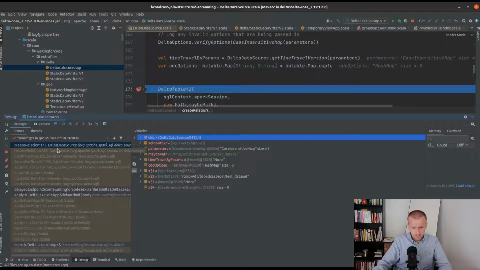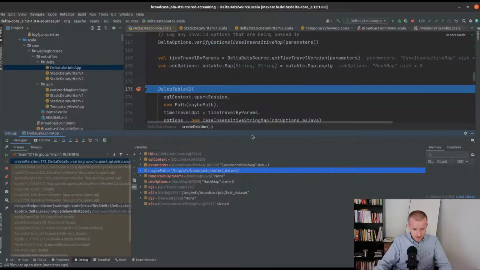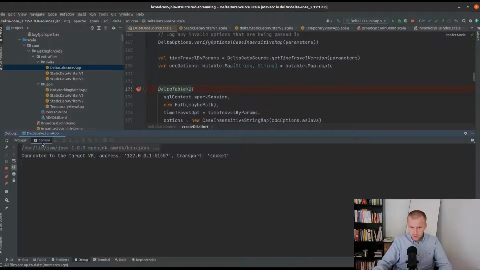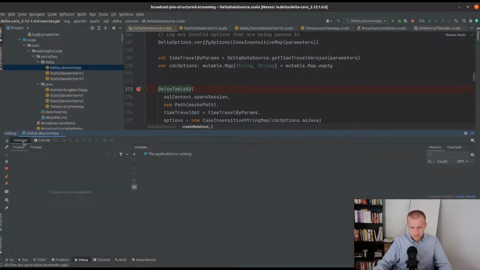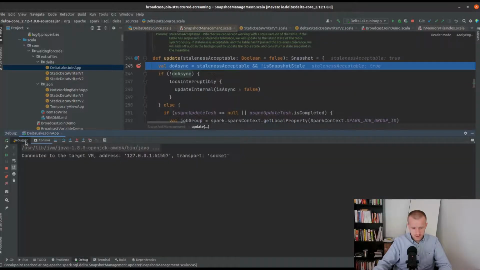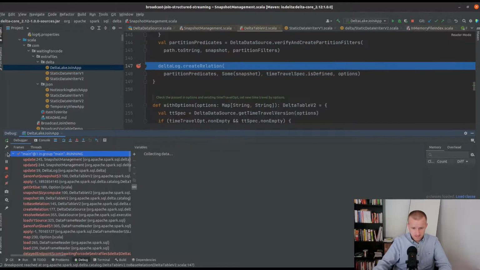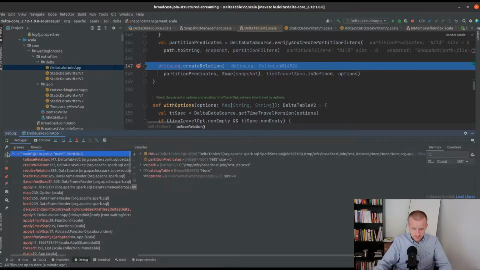Yes, I can go back to the demo, and you can see that here we are creating the Delta table 2. We have the path, and if we click on, we will see that in a few seconds we should access an index containing all files. Yeah, that's the moment. All files to include in this Delta Lake data frame. So the index will do some update just here, create a relation from this data set,